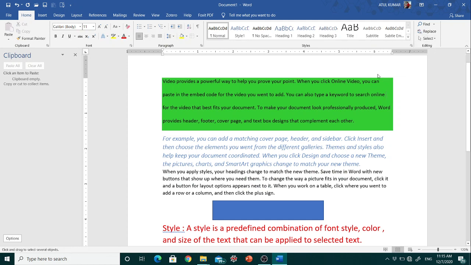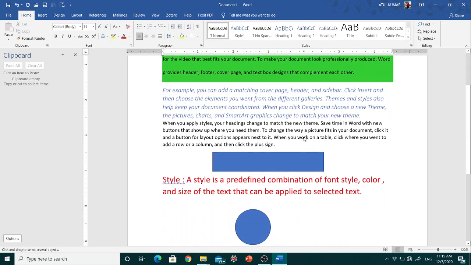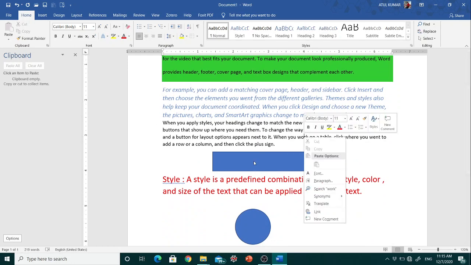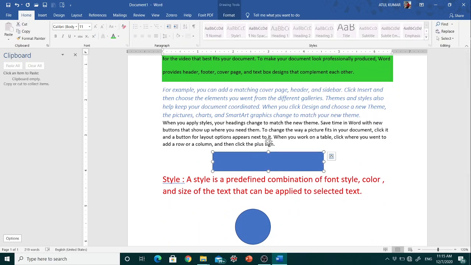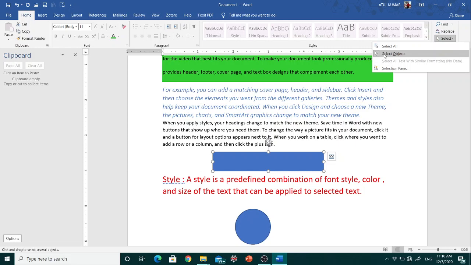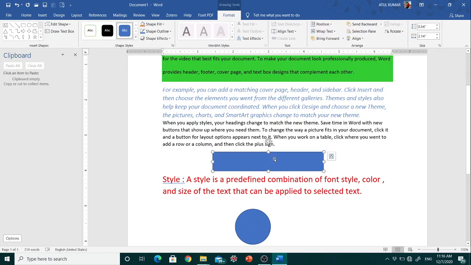Select objects. Now it is not selecting any object here. Now if you use this option select objects, then when you put the mouse pointer on the object it is going to select that object.